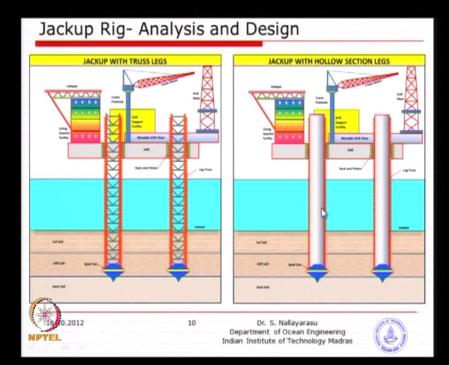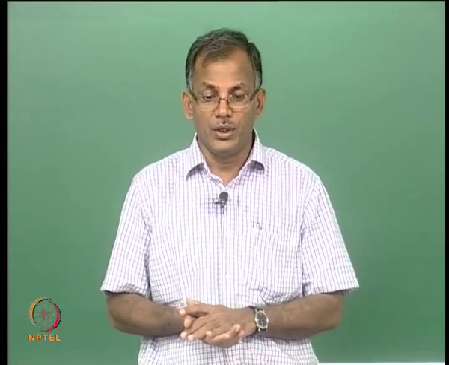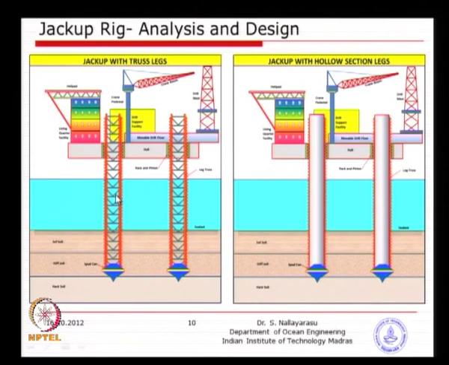So, you could just keep adding necessary advantages and disadvantages, but the commonly used one is the truss, because of the size that you can go, whereas with tubulars you may not be able to go very large, like 2 meter, 3 meter. Only small jackups with spud leg diameter 2 meter, 3 meter can be used, whereas these legs made of trusses can go as much as 6 meter, 8 meter size. So, you can see almost like this room, one of the legs could become something like this, quite huge, especially the bigger jackups.